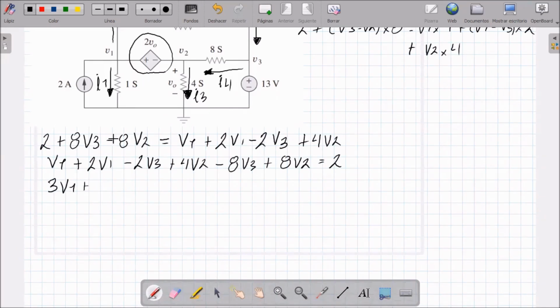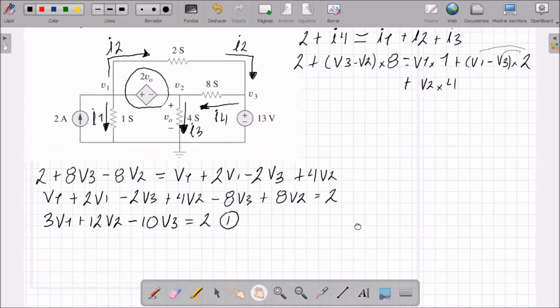3 volts 1 plus whatever V2. Here I have 4 V2 and 8 would be 12 V2, and whatever has V3 would be minus 2 V3 minus 8 V3 would be minus 10 V3, that's equal to 2. This would be our first equation. Okay. Now